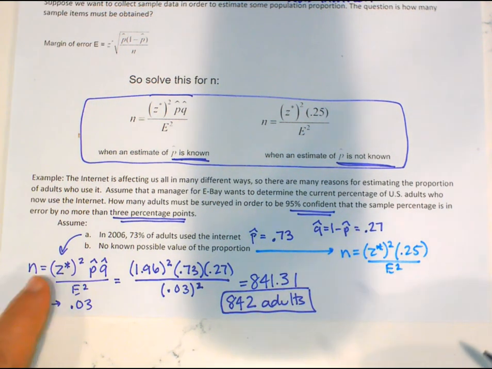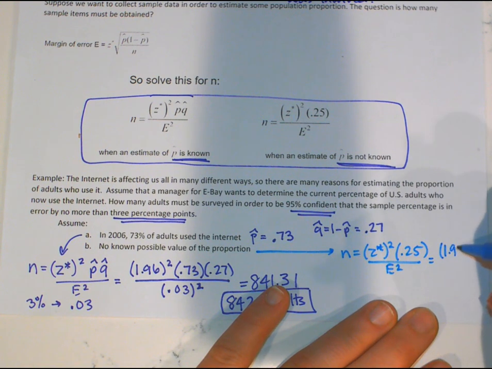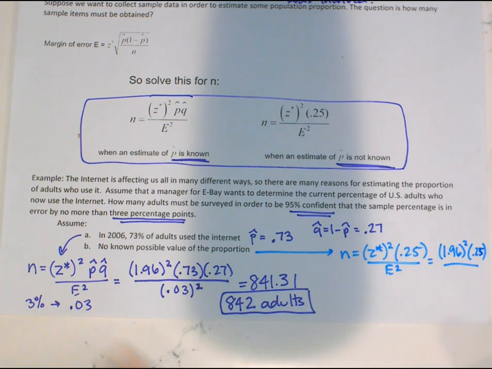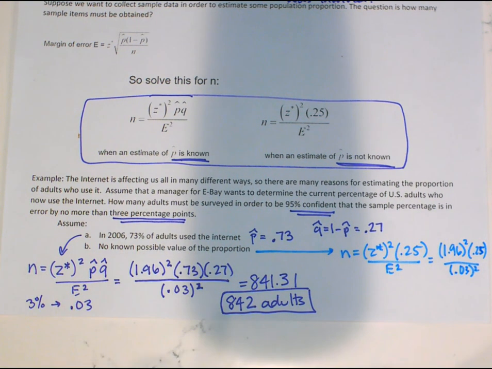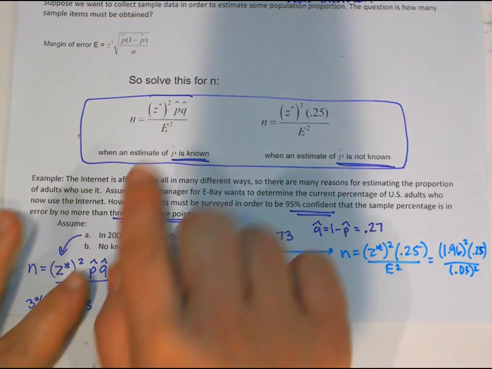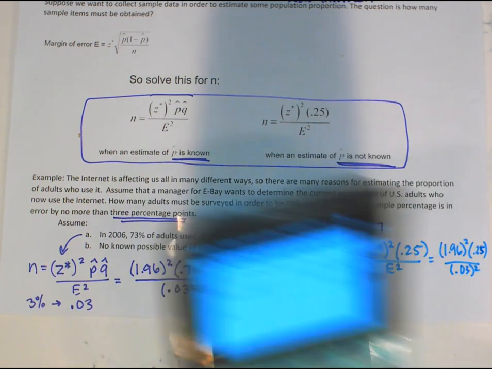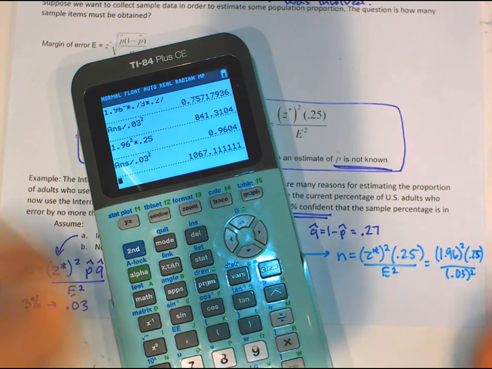So my critical value stays the same because I'm still doing 95%. So I'm still at 1.96 squared times 0.25. And then my E value is still, right, I want to be within 3 percentage points, so 0.03 squared. The only thing that changed here is just because we don't know P, we also don't know Q, so we just put 0.25 in its place. So I'm going to do 1.96 squared times 0.25 divided by 0.03 squared, and I end up with